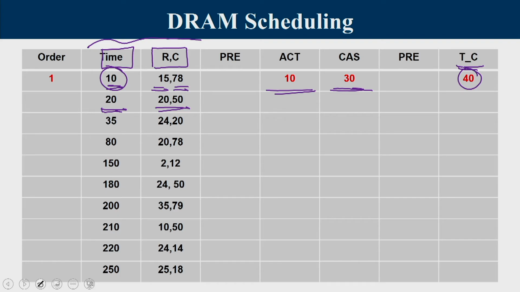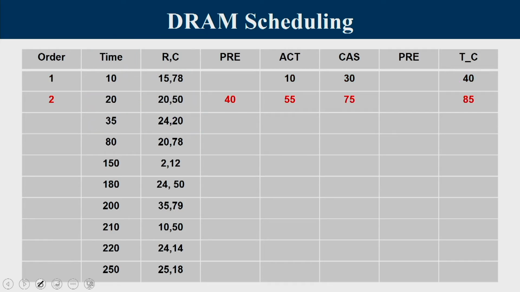Now at clock cycle 40, these are the two requests that have already reached the scheduler. One is to row 20, the other one is to row 24. So my scheduling is FRFCFS. The current row that is opened is 15. So there is no other request in the queue which is to the same row, so the ready concept is not there. FRFCFS, first ready. No other row is ready, so we have to go for the FCFS policy. So out of these two requests, it is this request which came first, so I am going to do that.